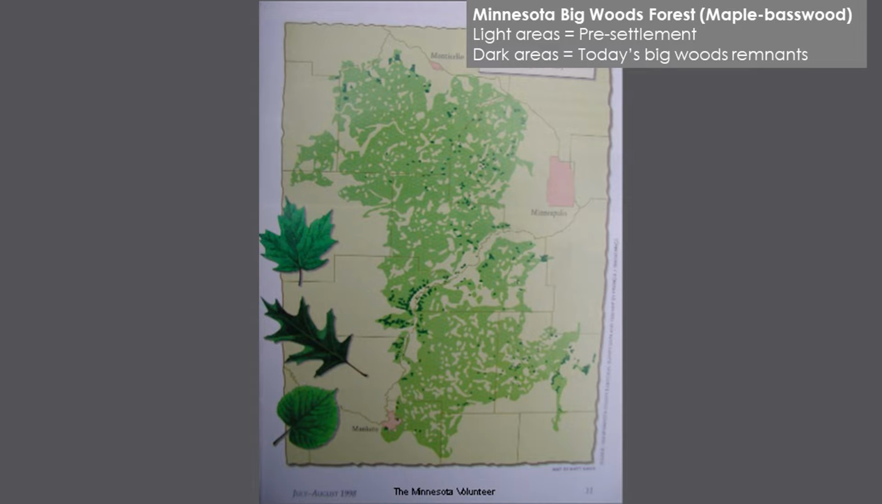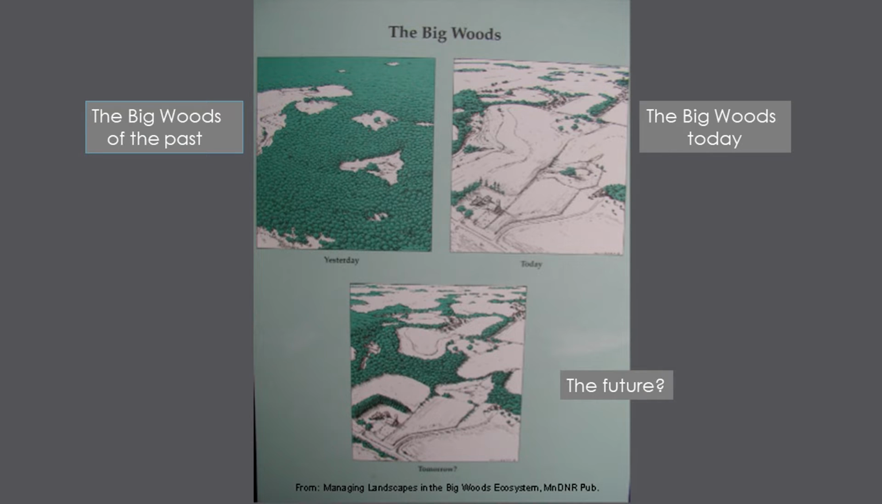Now, that sounds a little discouraging, but here is a really good graphic from the DNR that shows the kind of tree cover that we had in the past. This is the kind of tree cover we have now because a lot of it's been converted to agriculture and roads. But this is what's possible in the future. And the thing that I think is so amazing is that we have an example